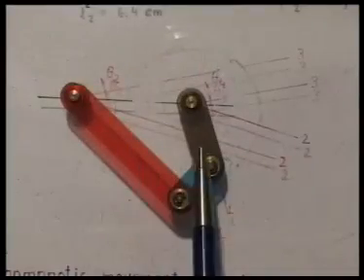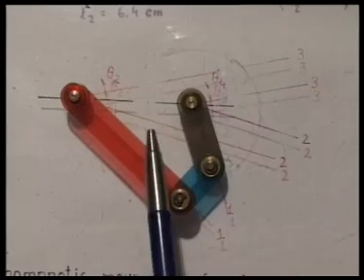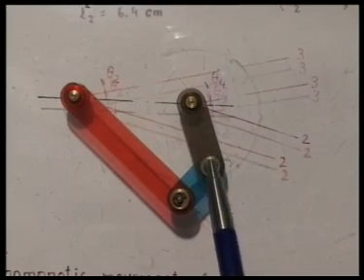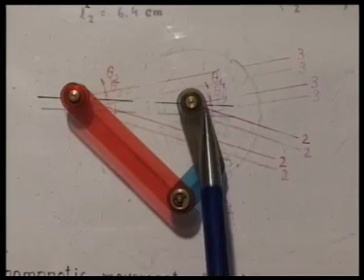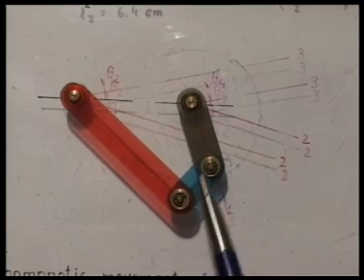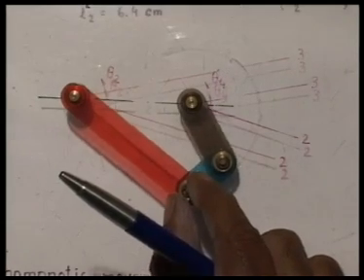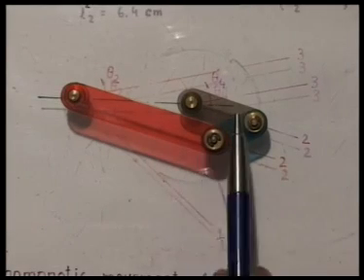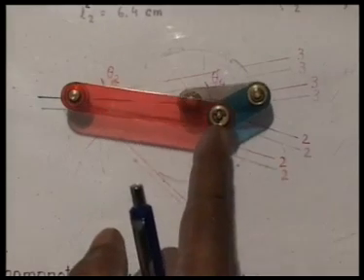This is the model that we get for the solution to this problem by graphical method. This is O2, this is O4. This is minus 48 degree and this is whatever O4 makes. We have got L2 as 6.4 centimeter and these are the other link lengths. This is the mechanism at the first configuration, satisfying. Now, if we move this linkage, these are the desired second configuration which is being taken up by this linkage. These are the third desired configuration, but as we see, if we drive this linkage,